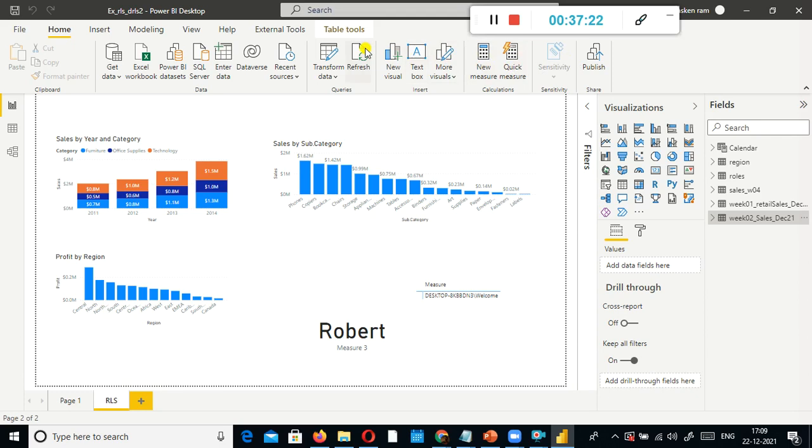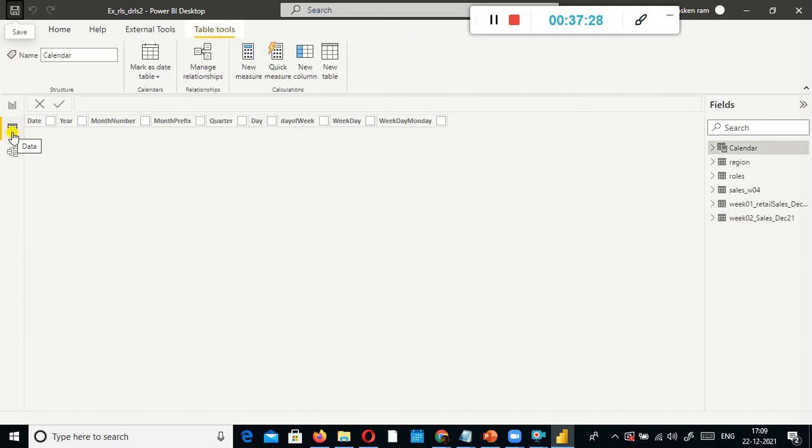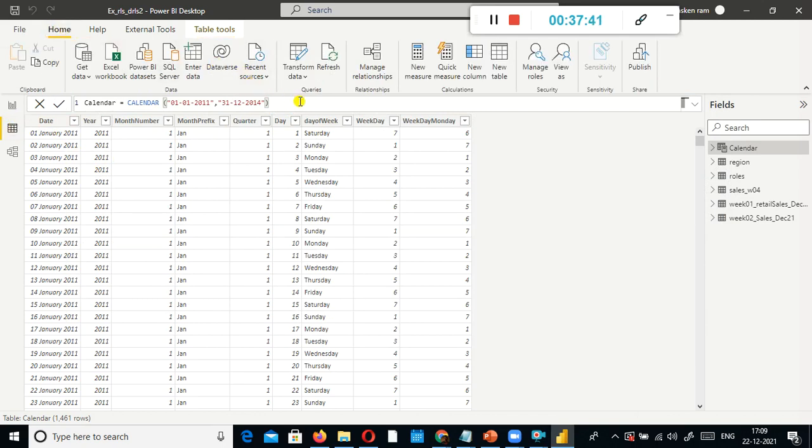Next you go and see where is the, okay, I think it will work here only, not here. I'll just open the transform data.